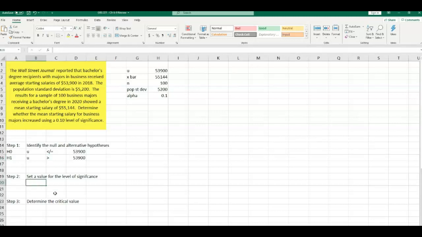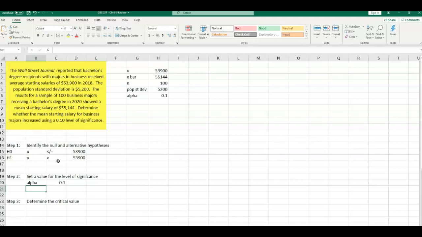Now, step 2 is figuring out the level of significance. We already did that. That's just our alpha of 0.1. Now, in the last problem, we needed to find alpha divided by 2, right? Because it was a two-tailed test. In this problem, we can think, is it a two-tail or one-tail? So we take a look at our signs. And our signs have less than and greater than, right? So that tells us it's just a one right-tailed test. So we don't need to worry about dividing alpha by 2 here.